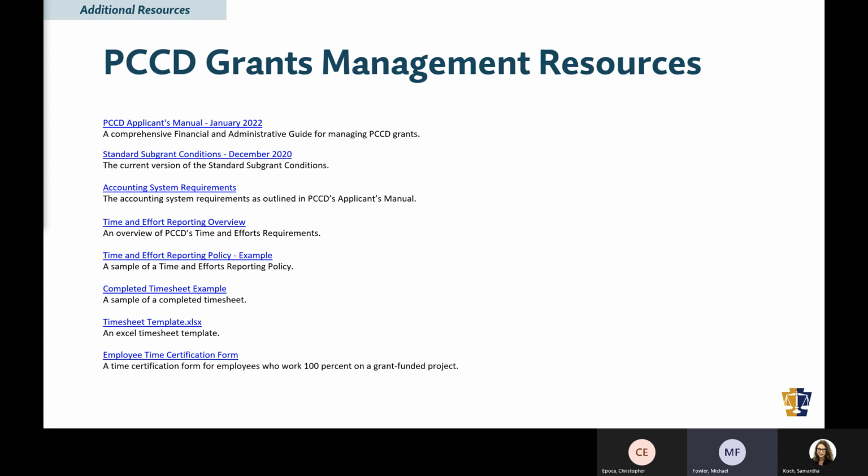And then the time and effort reporting. This is a link to the time and effort resources listed on our PCCD website. And there's a time and effort reporting policy example on there. And as we spoke about earlier, the policies and procedures must be set up to guide your organization's activities.